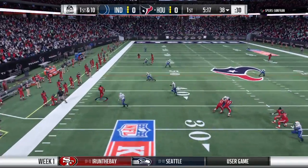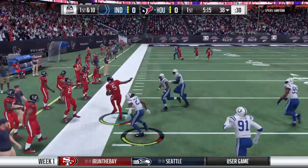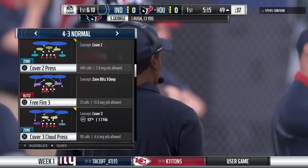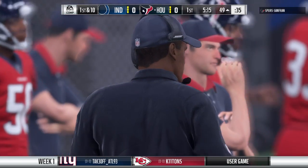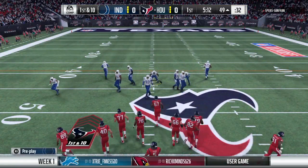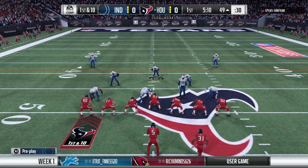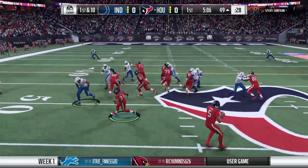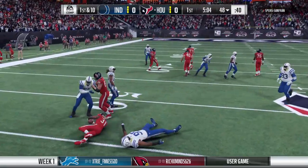Now he's forced out left. And he's got some space here. And he is out of bounds on the other side of midfield. Another nice gain, 13 yards that time, and another first down. That was an excellent job of recognizing the situation. His first read wasn't there. Heck, his second read wasn't there. But he bought himself a little extra time scrambling out of the pocket, got to the sticks, and picked up